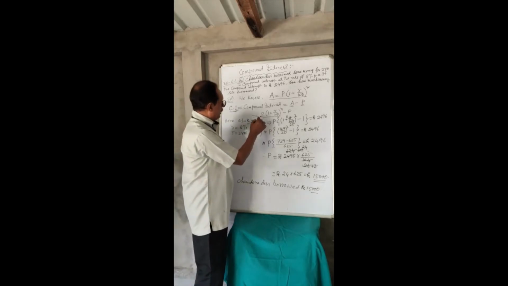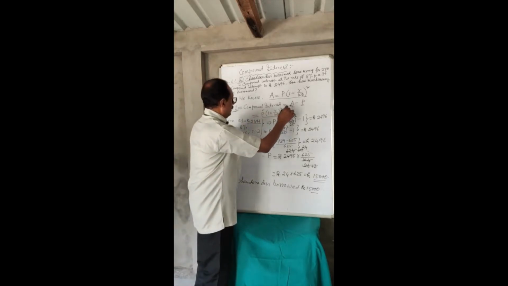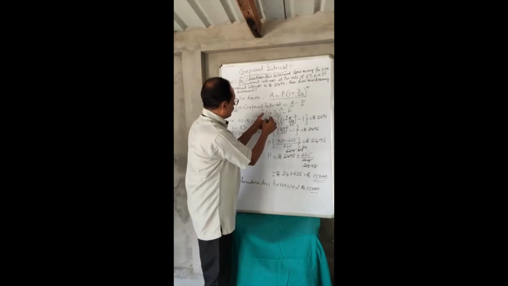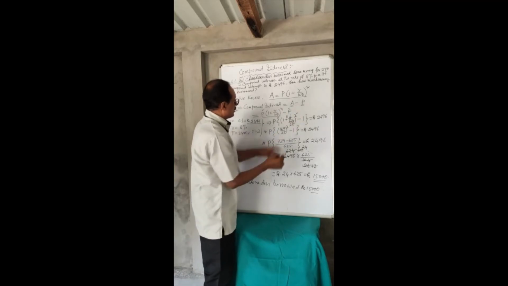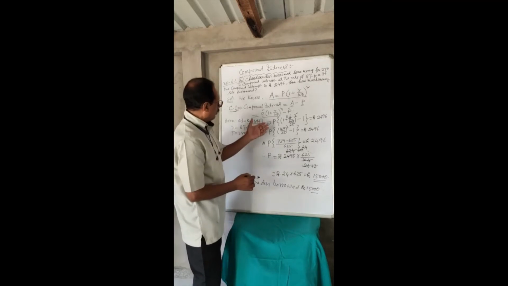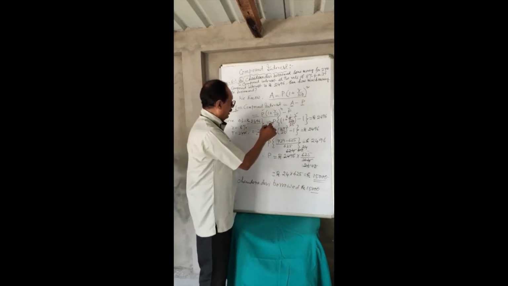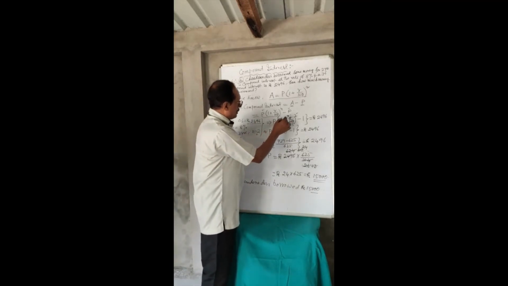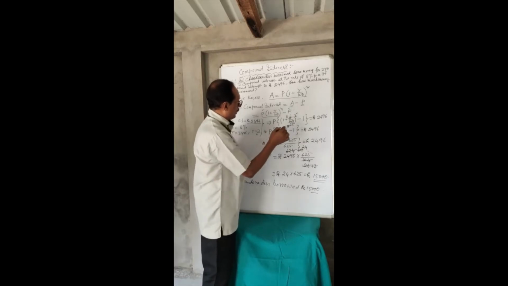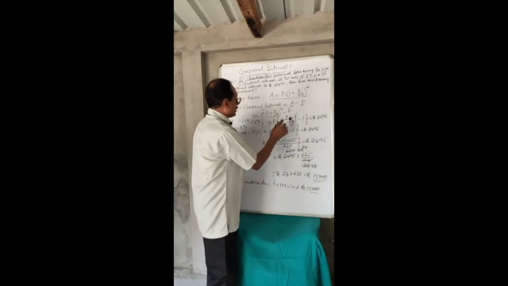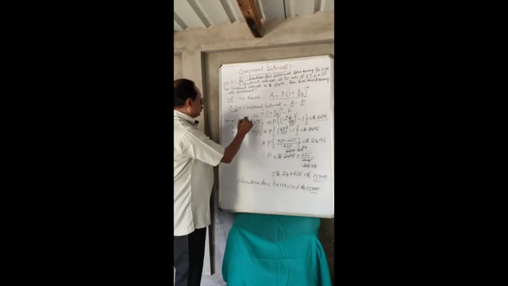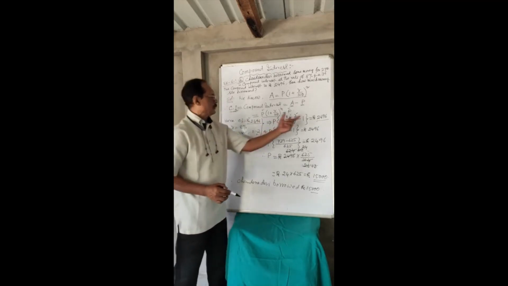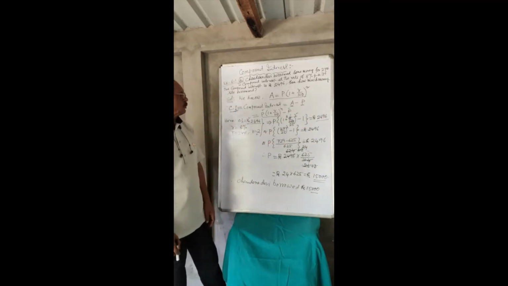If we take P common, what is left is (1 plus R by 100) to the power n, where R is 8% and n is equal to 2. So the expression is P into ((1 plus 8 by 100) to the power 2 minus 1), and that is giving us the compound interest, which has been given to us as 2,496 rupees. That's why we are forming this equation.